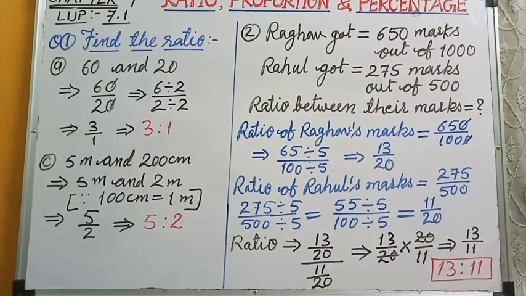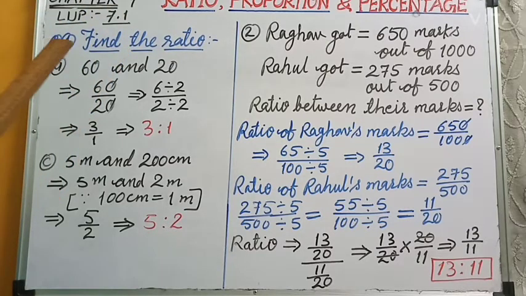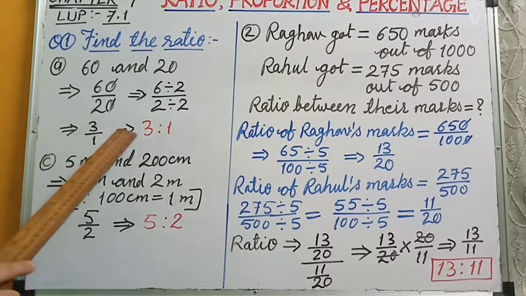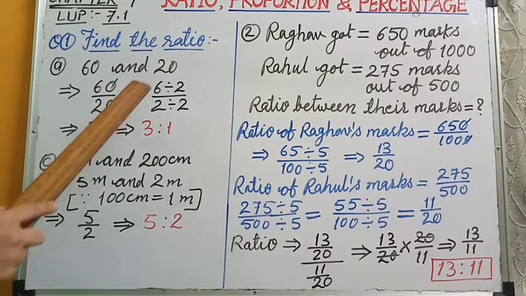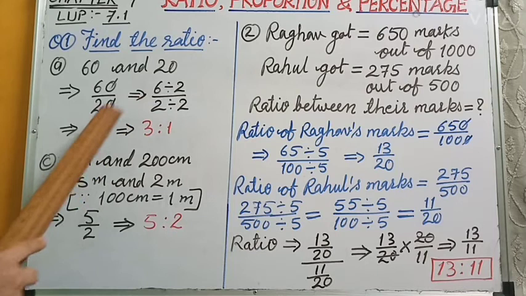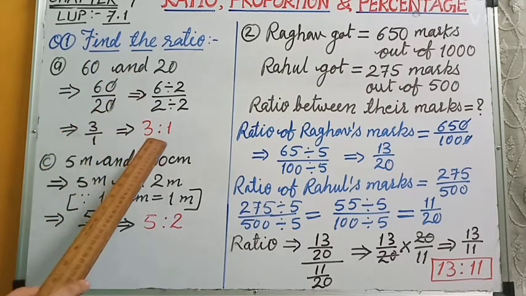So students, we have learned ratio and proportion. So let's start. Let us practice 7.1 now. Before starting 7.1, let's learn some rules about ratio. The first rule is that a ratio can be represented in simplest form. That means if after solving, the fraction or ratio is further divisible, we have to divide further and write the simplest form of the ratio.